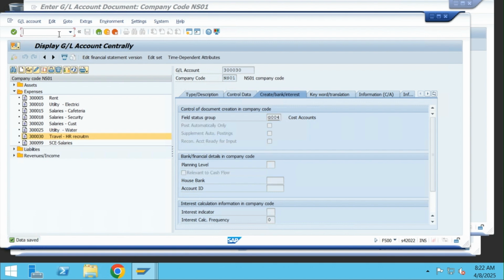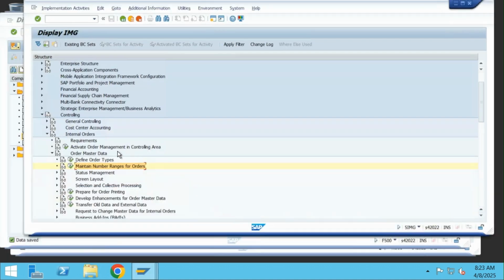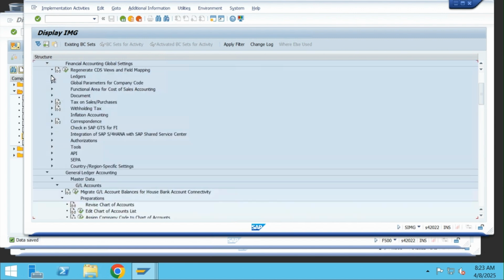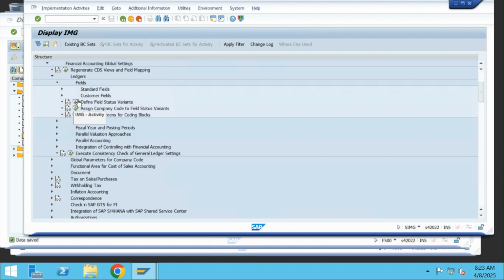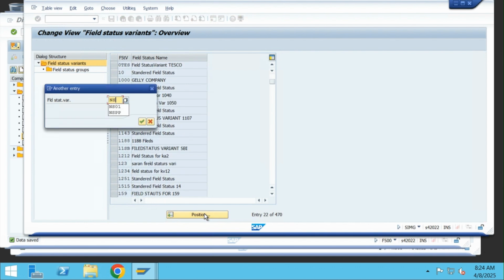And we'll have to adjust the field status group so that it makes the internal order compulsory, mandatory. So let's go to IMG. Let's see if there is IMG. So we have IMG open. So we have to go for financial accounting, ledger fields, field status variant. So we go to field status variant here,